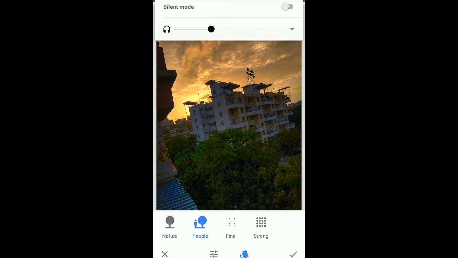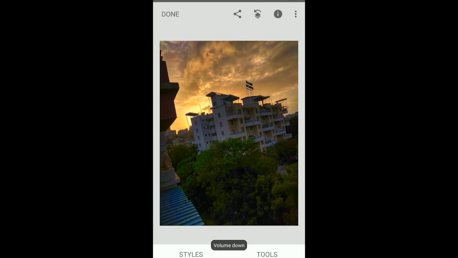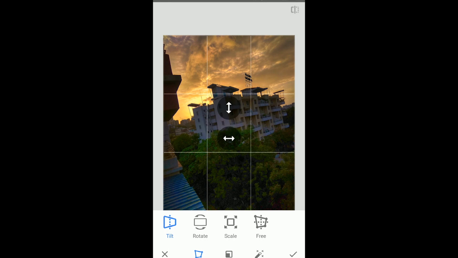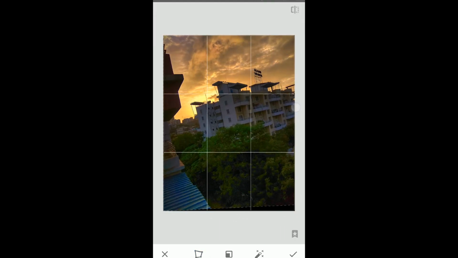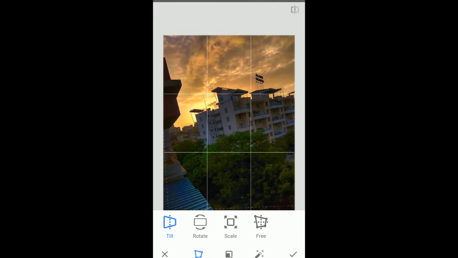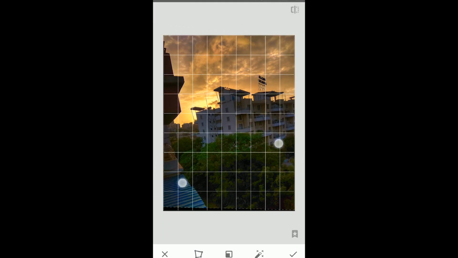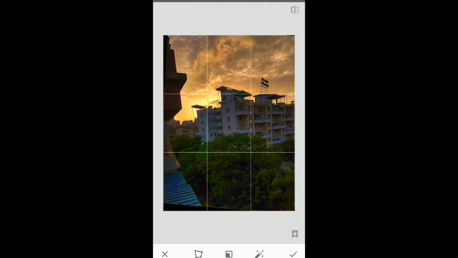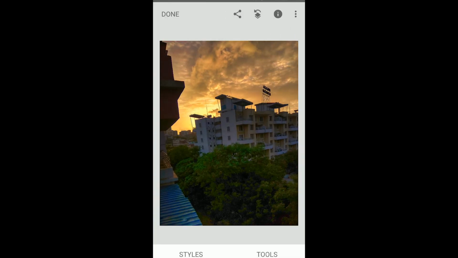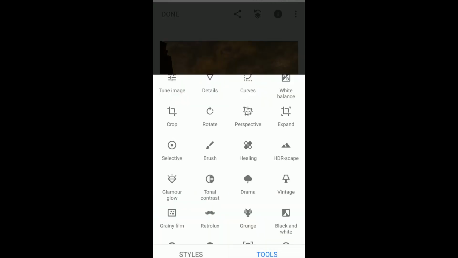Recently, Snapseed was included in PC Mag's top 100 apps of 2018, and in the list as well, it was above all the photo editing apps that are free on Android. And it has some important tools like you can directly tune your image, define the structure you want. Though Snapseed is not known for its text filters,